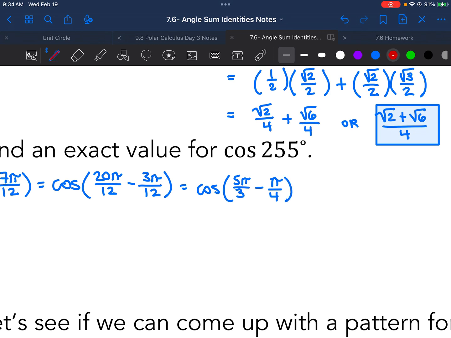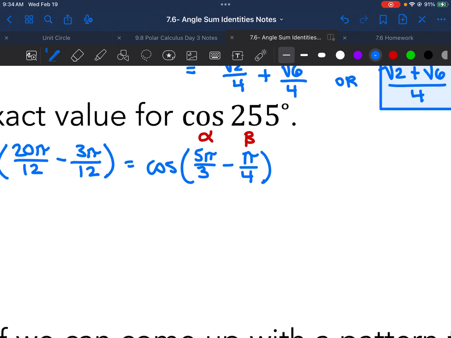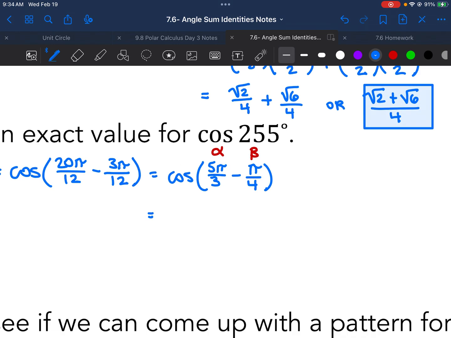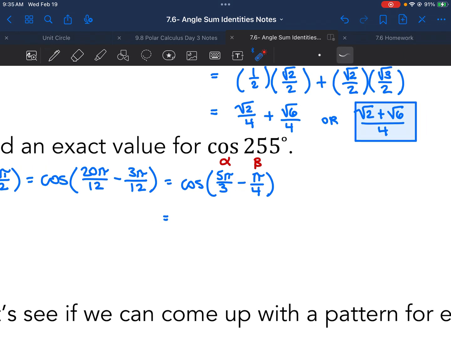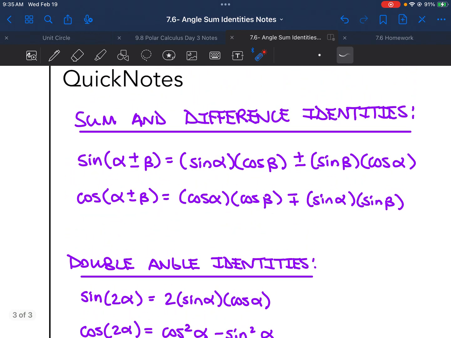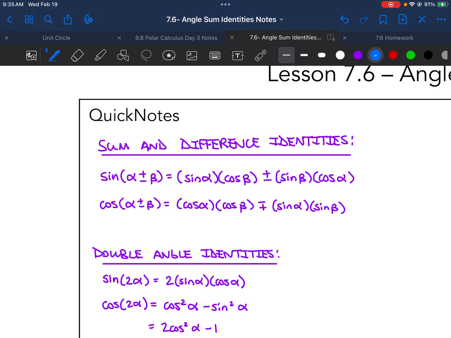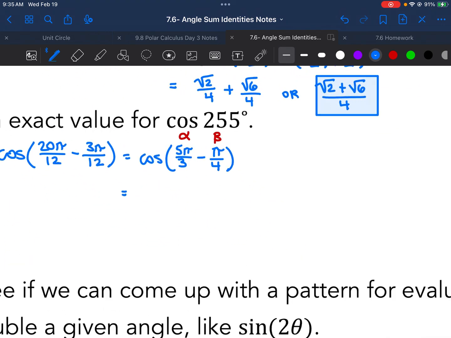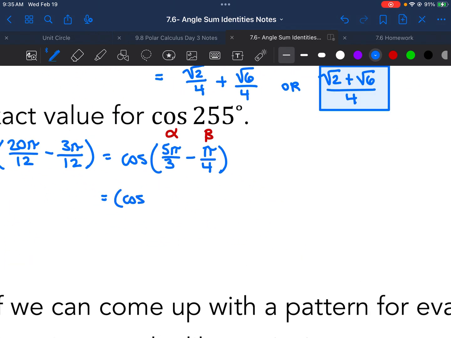Okay, so our alpha is 5 pi over 3, our beta is pi over 4. Now we simply follow the formula. This is a cosine subtraction. So cosine of alpha minus beta is cosine alpha cosine beta plus sine alpha sine beta. Remember, for cosine, if you're doing a cosine subtraction, we actually use a plus sign when we expand it like that. Okay, so this is going to be cosine of 5 pi over 3